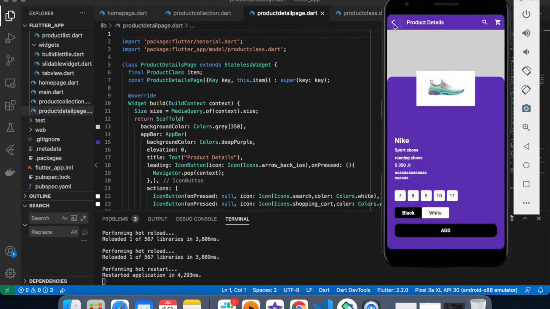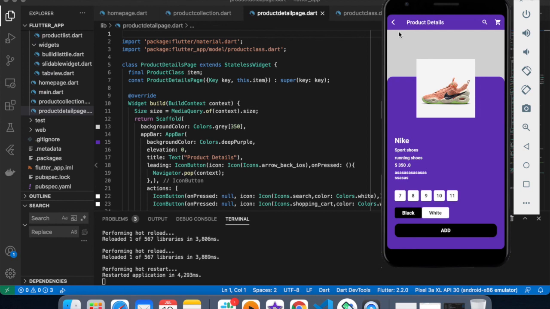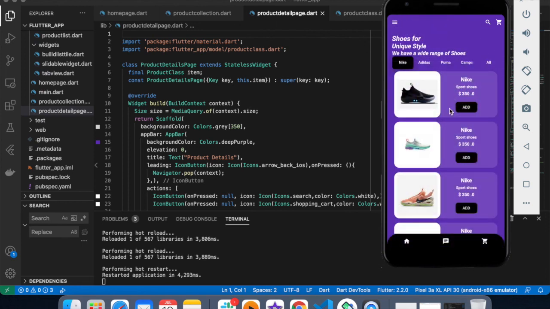Some are wider in length, some are wider in width. So that's why this square box is having different sizes because of different image sizes. But whenever you are creating real-time apps, you have a perfect size for every image so that your detail page will look perfectly fine. So this is my final output.